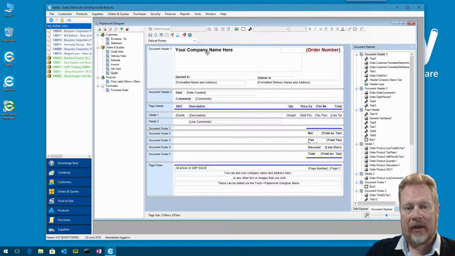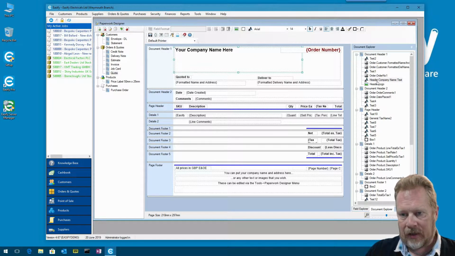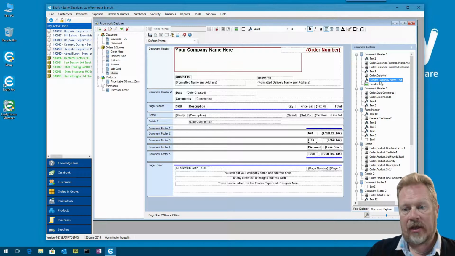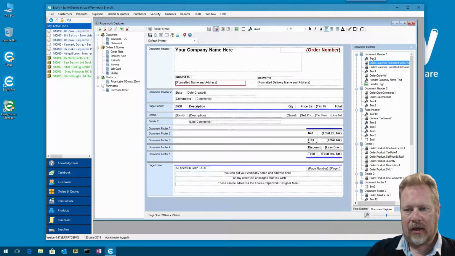And then once we've done that, I'll show you how you can actually put your company logo in as an image. So if we click on this, we can see that over in the Document Explorer, it's become highlighted. You can see this header company name text is highlighted. You can click things in here as well. So if I click on this and then I click onto something else, you can see the element it represents outlined in red. So the Document Explorer is a really handy way of just clicking through things to identify which